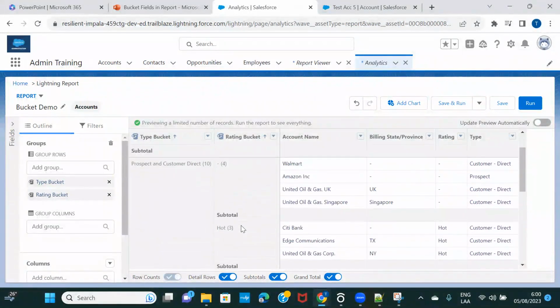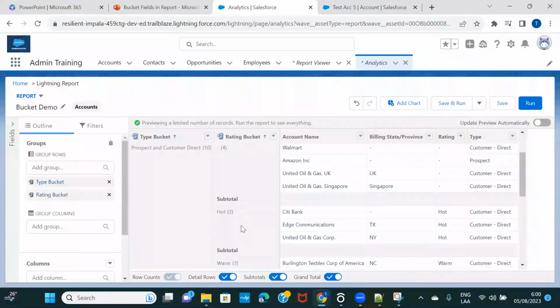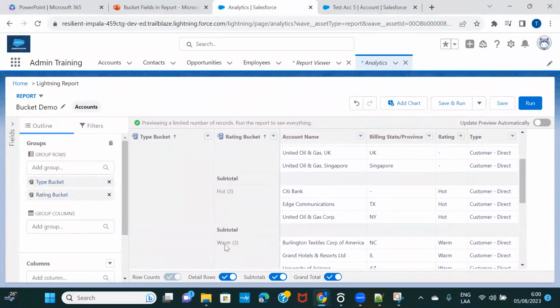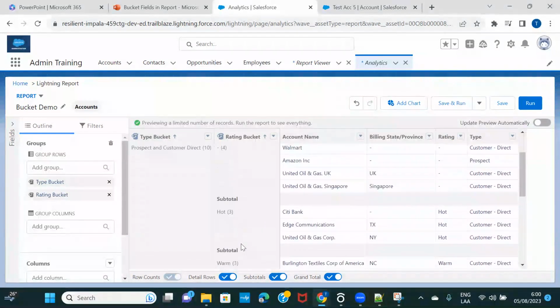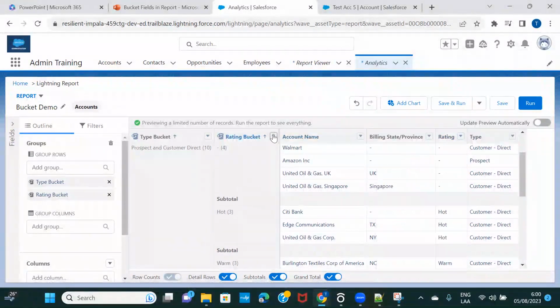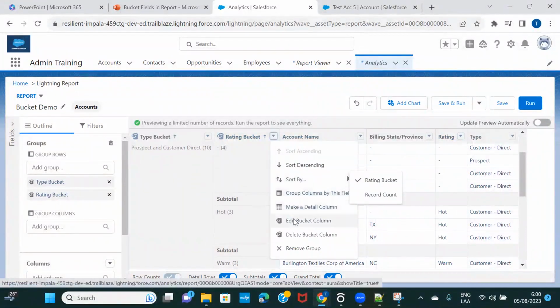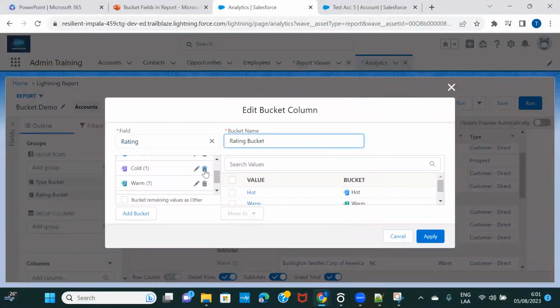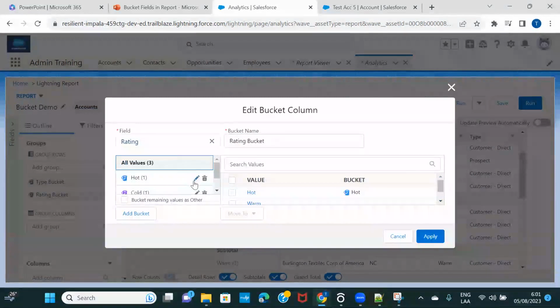But you know what, here there is one thing which is not making sense, correct? Because this particular information I would have gotten just by simply grouping the rating column, right? I didn't have to create a bucket because I did not combine any values, correct? So let me go back and edit the rating bucket. Okay, so edit bucket column, and let's just delete warm. Okay, because let's just keep hot and warm under one. So edit this,